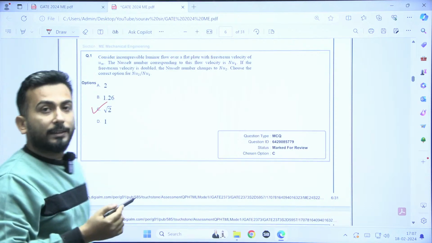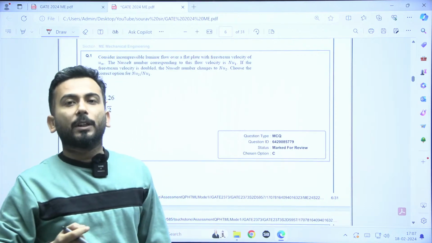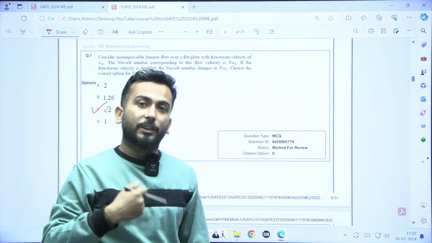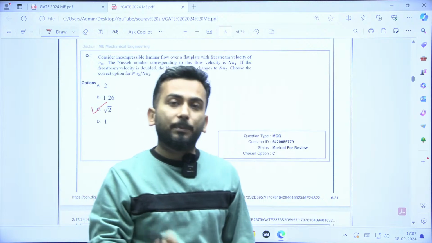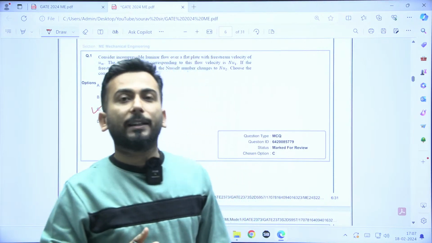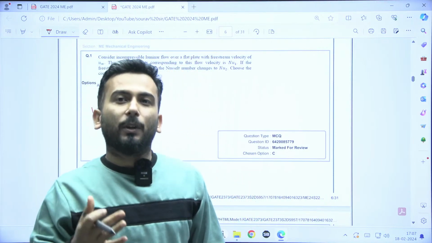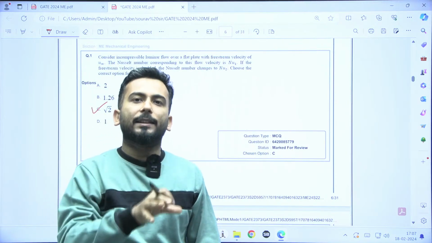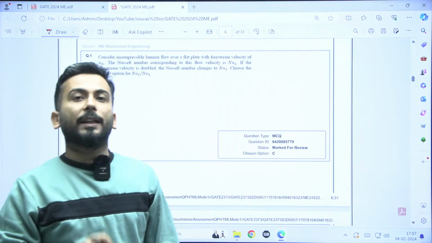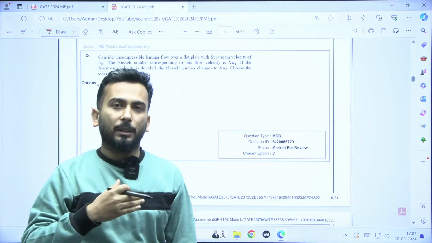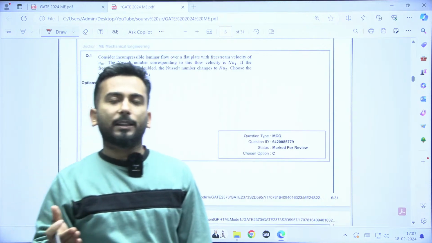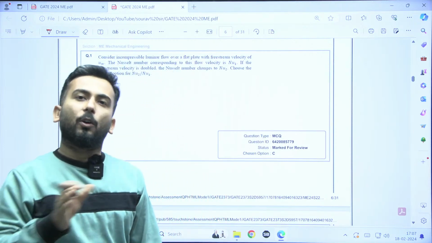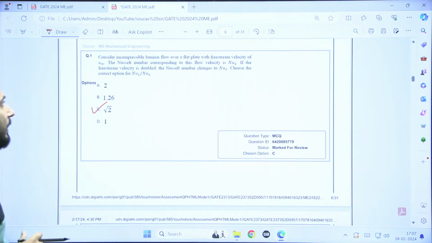Let me tell you that this year's heat transfer questions have come in huge number, along with industrial and machine design questions, the subjects which mechanical people generally tend to, I will not say avoid, but pay less attention to. So it's a very good lesson for the future aspirants of 25 that they should not neglect anything. They should cover all the topics comprehensively.